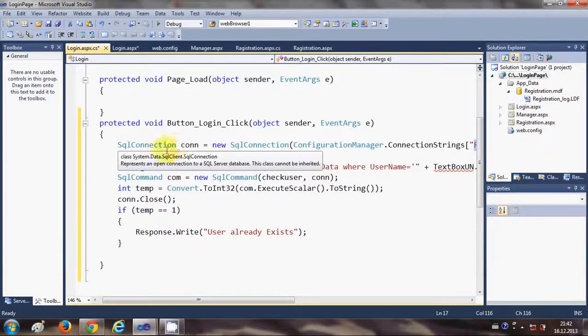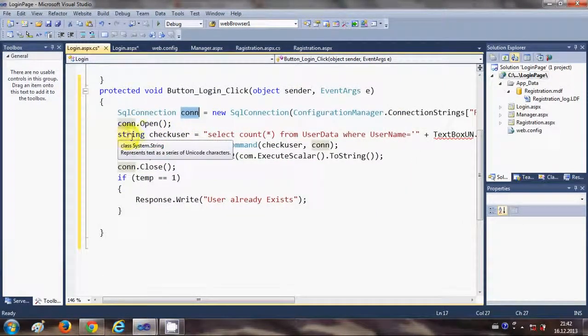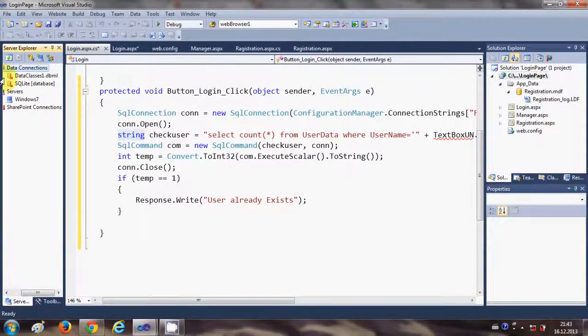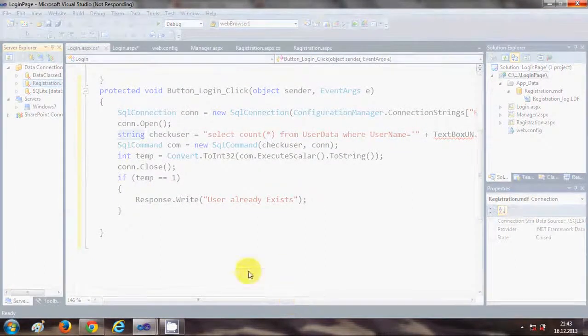And now we will open our connection with the database. So write con.Open, and in the next line we prepare our query. So I will write string checkUser is equal to, and this is the query which we have. Let me open this Server Explorer so we will see the database also at the same time. So I will write here select count, and in the bracket star from my table name. So this is my table name from the database, where username is equal to,